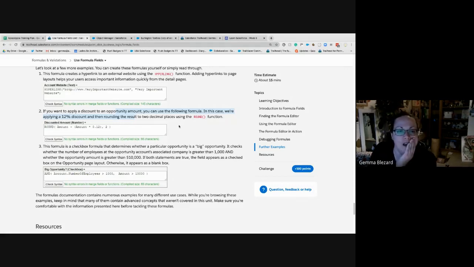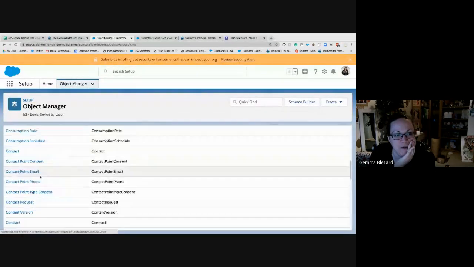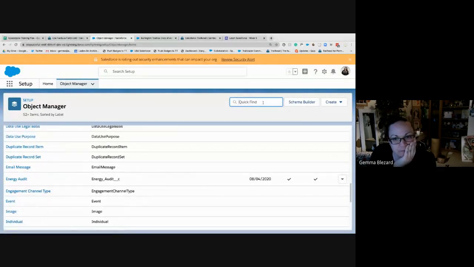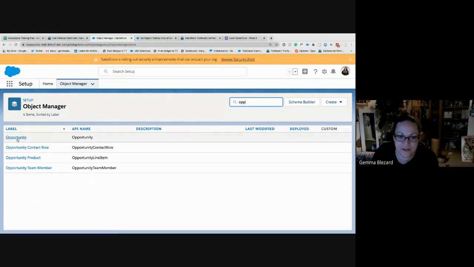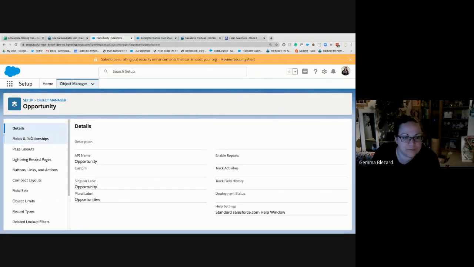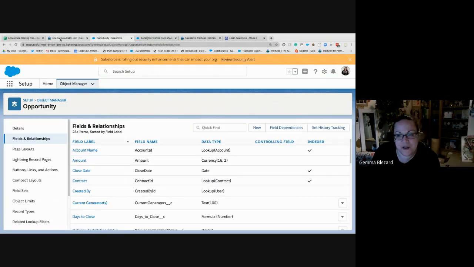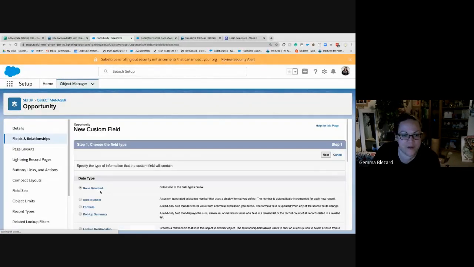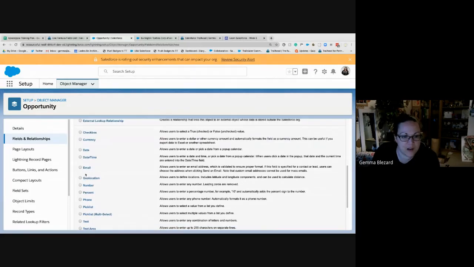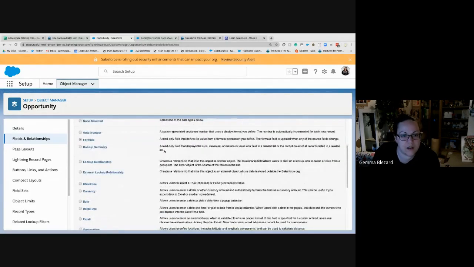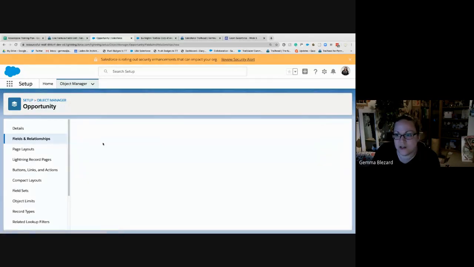Okay, so this is going to apply a 12% discount and round the result to 2 decimal places. So we're going to go to our opportunity, and if you're lazy like me, just type it in at the top. Fields and relationships, and this one is going to be called discounted amount. So we click new, this is another formula field, which I've gone past. And the return type,